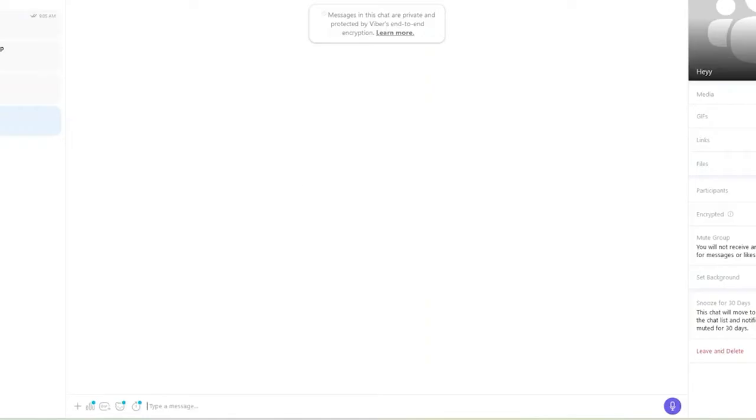Now let's get started. Open up the Viber application on the desktop. You can also do this on your mobile device. Now simply select a contact that you'd like to send a bold text message to from the chat list. As I opened up this conversation over here, go to the message box at the bottom of the screen and